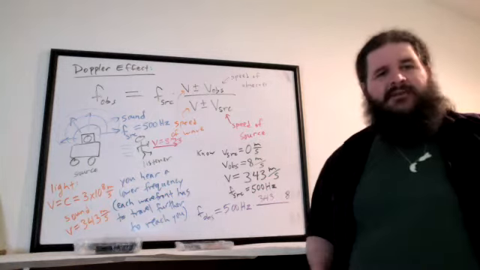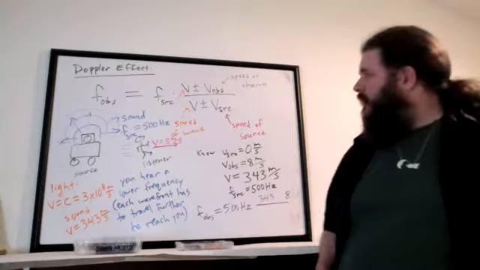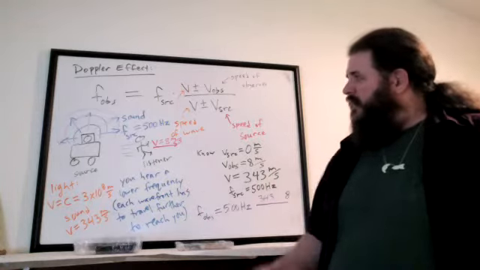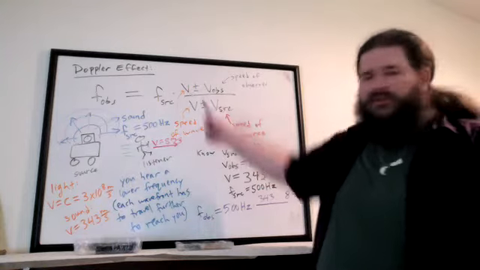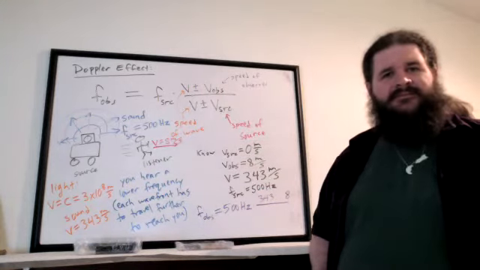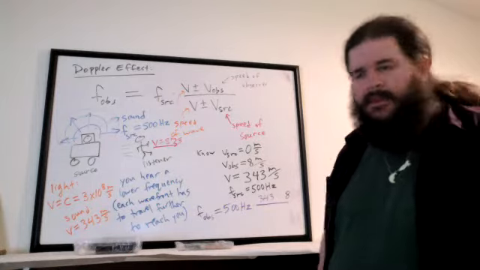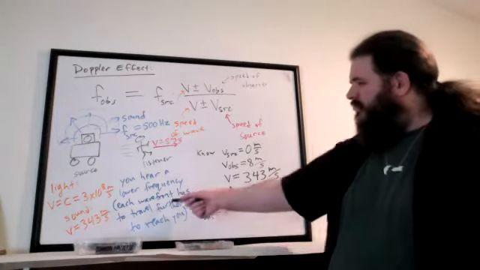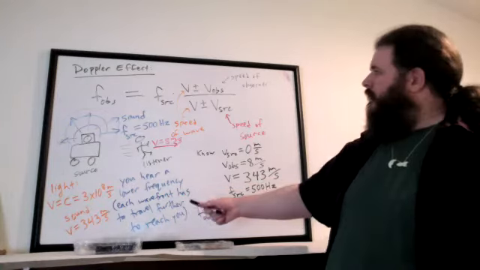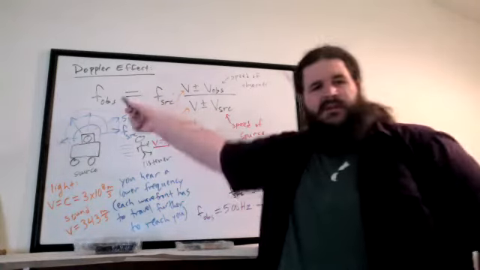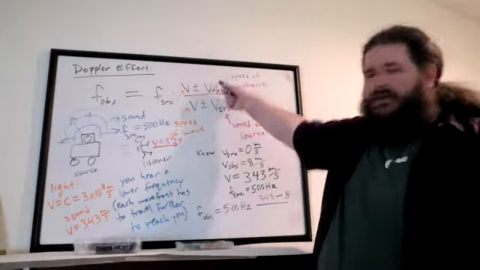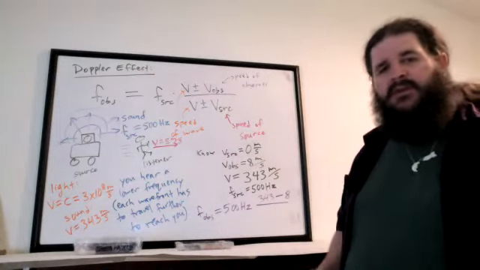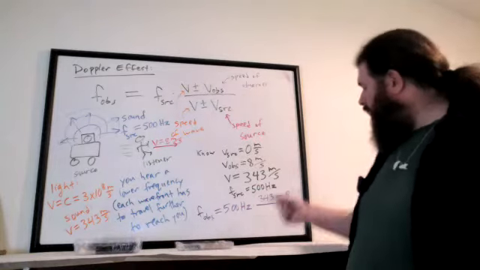We're going to have to be careful about positive or negative, though. We are expecting a lower frequency. So should we be using plus or minus here? Minus? Yeah, we should use minus, because if you're multiplying by something and you want the result to be lower, we want a smaller numerator or a larger denominator. So to make the result smaller, we want a smaller numerator, so we'll use minus here.